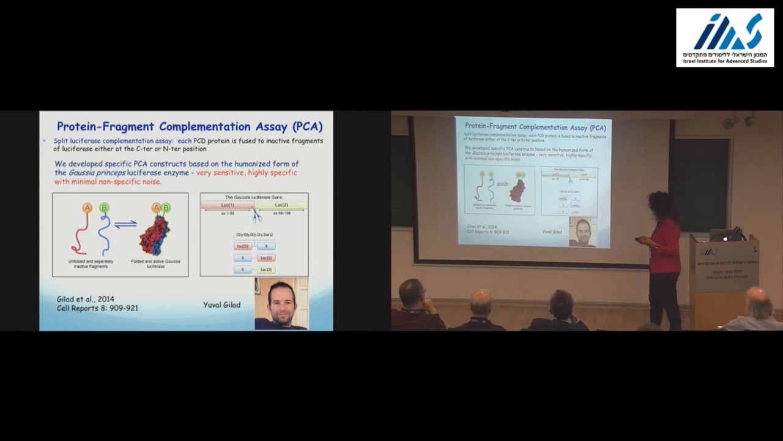So the methodology that I want to tell you about was developed by Yuval Gilad, a very talented ex-student in the lab. And it is called PCA, for protein fragment complementation assay. So it's a simple split luciferase assay that you are familiar with. But we developed specific constructs which are based on a humanized luciferase enzyme, which are very sensitive, highly specific, with minimal noise in the system. And what we do here, we take the 100 proteins that participate in programmed cell death. We link to each protein a fragment of luciferase, either at the C terminus or at the N terminus. If protein A and protein B interact, then we will get luminescence. And we can assess in real time the luminescent signal that we get whenever we introduce the entire battery of